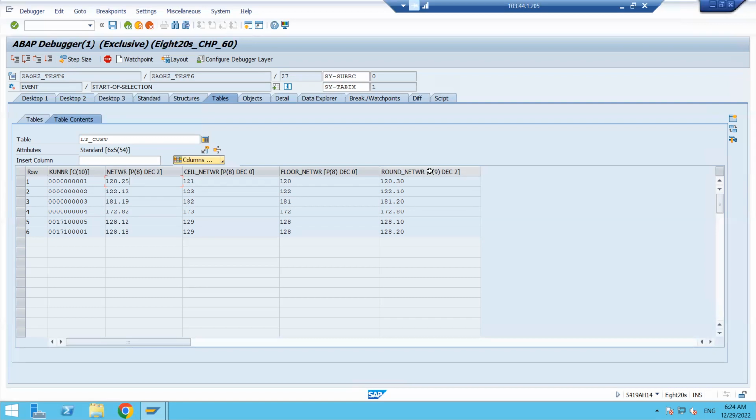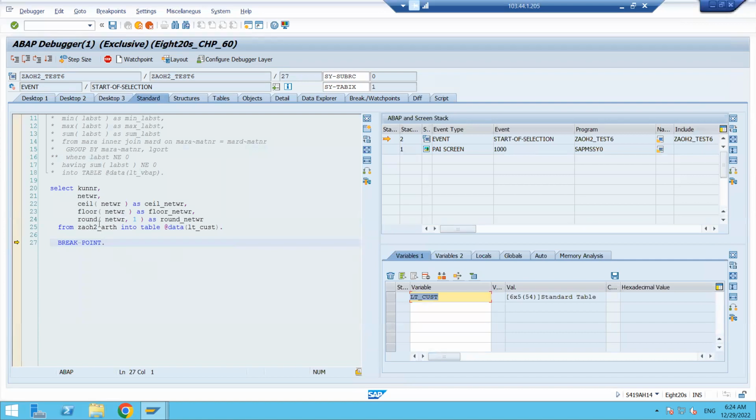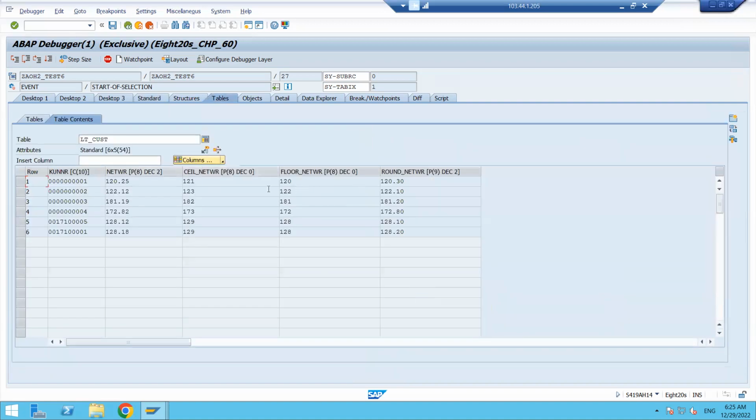And coming to the round, the functionality will work like this. Here 120.25 is there, right? So it is considering like 120.3 here. The syntax I have written is netwr comma 1 for round. So after the dot we need to consider one digit. After the dot we need to consider one digit. So that digit is coming here, but